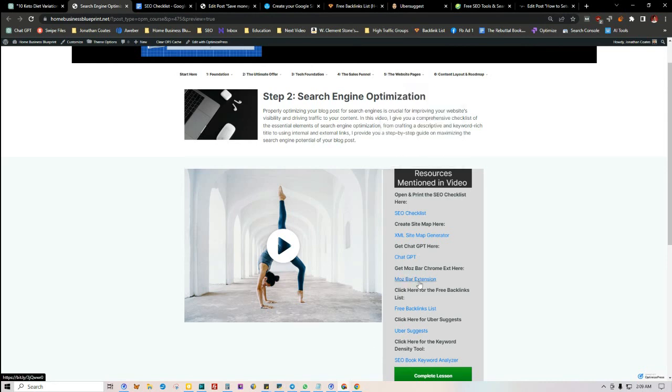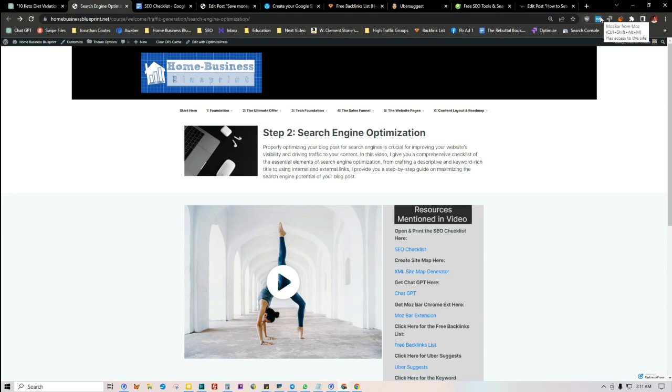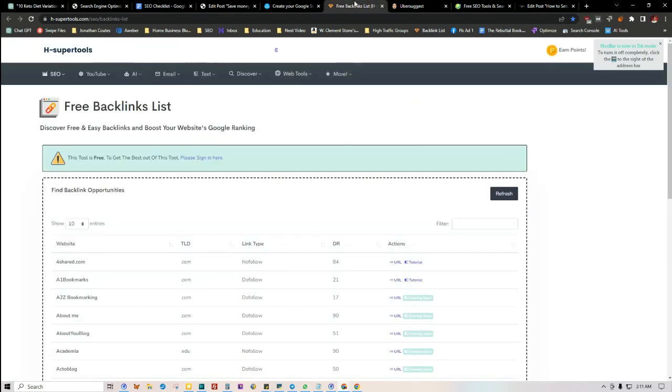And if you install this extension, basically you're able to tell how much authority a website has in relation to yours. And if a website has the same kind of article as yours in the search engine, but they have a higher domain authority, that means they're going to rank higher than yours. So you can use this extension as a means of keeping track of how many backlinks your website has. And also what you can do is keep track of your domain authority. So they'll give you the number, and the closer you are to 100 in regards to your domain authority, the better. So you can use this as a way to track it, and you can also use it as a way to see how many backlinks your website has. So this is a free list that you can go to right here.